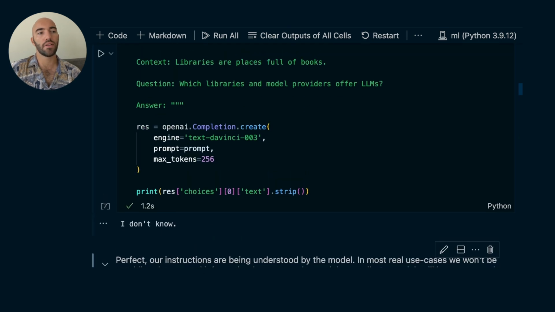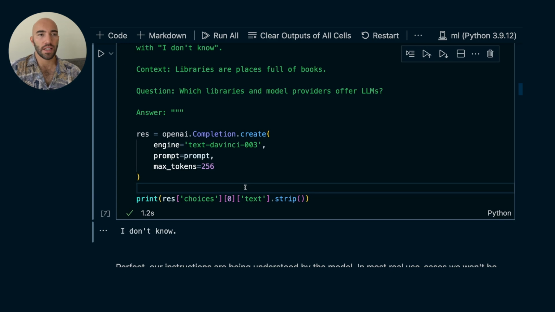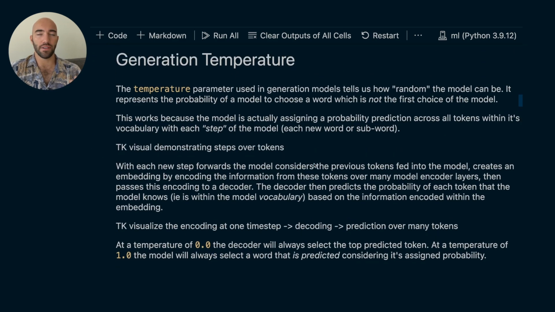Put that in here, and we see that it follows our instructions. It says, I don't know. Okay, great. So that's just a simple prompt. Now, what's next? Let's come down here, and what we're going to talk about is the temperature within our completion